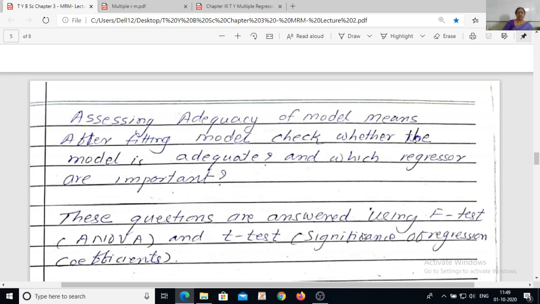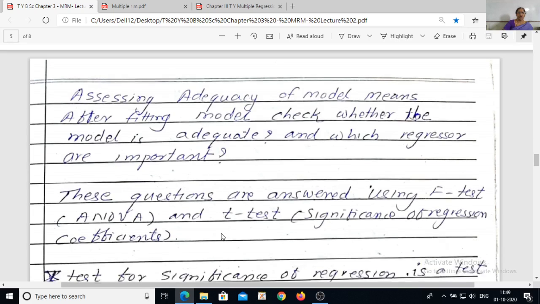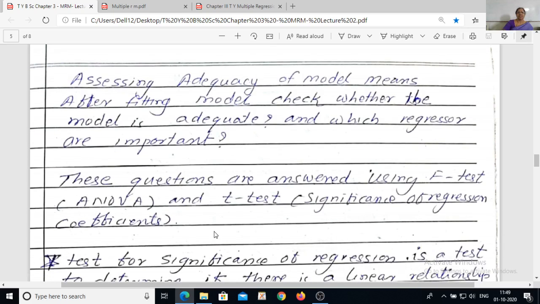The first one is to use the F-test for testing whether the regression coefficients beta naught, beta 1, beta 2 up to beta p are really significant or not. Or there is another test, that is the t-test, for testing the significance of individual beta I, and further the third one is to see the overall adequacy of the model, which can be tested by using your coefficient of determination, that is R square.